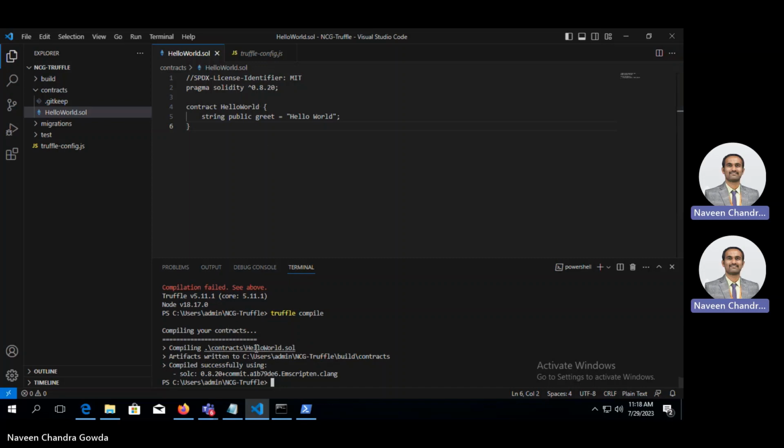So compiling this particular file, which is hello world.sol, it saved the artifacts. Let me talk about these artifacts. I'll tell you. So it compiled successfully using this particular Solidity compiler. Okay, and compilation is success. My dear, you observe this, as soon as the compilation is success,